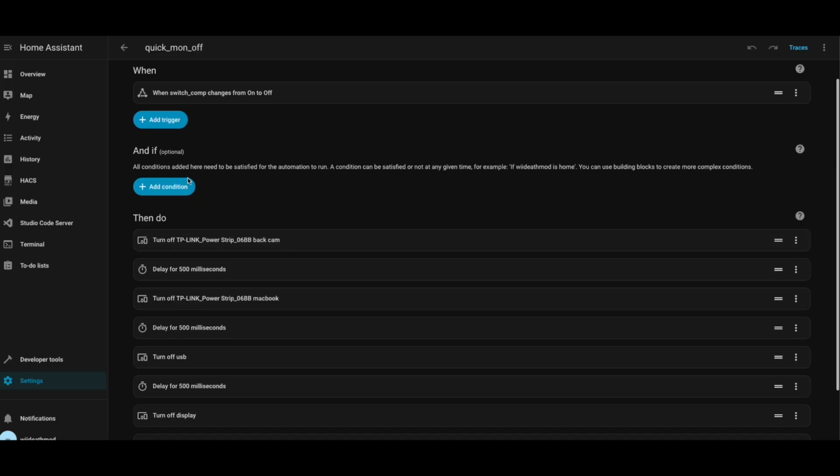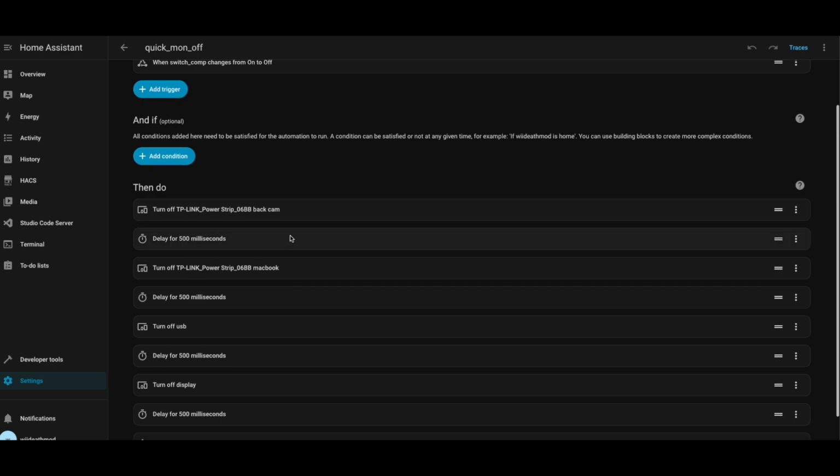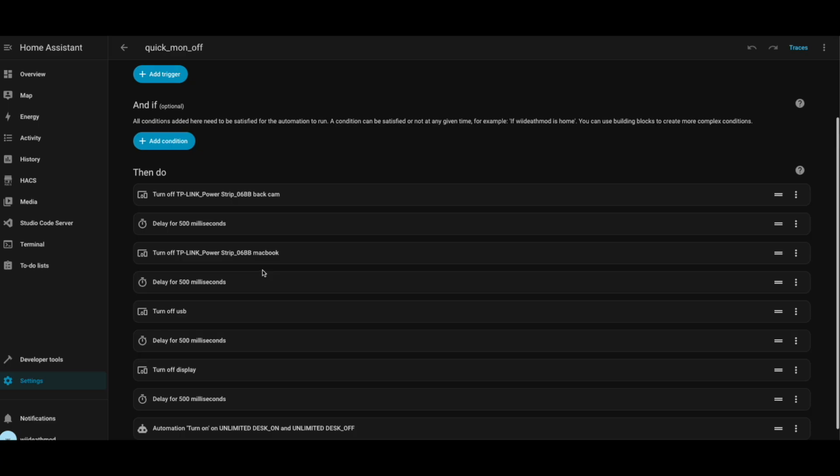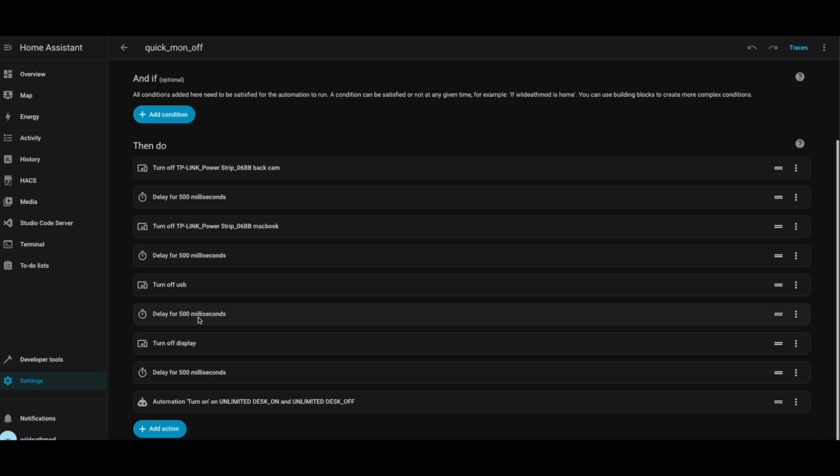When switch comp turns off, which is a boot lean, when this one turns off, it would basically turn off back cam, turn off, wait 500 milliseconds, turn off MacBook, wait 500 milliseconds, turn off USB, wait 500 milliseconds, turn off display, wait 500 milliseconds, and then turns on unlimited desk and unlimited desk off, which are on and off, which is